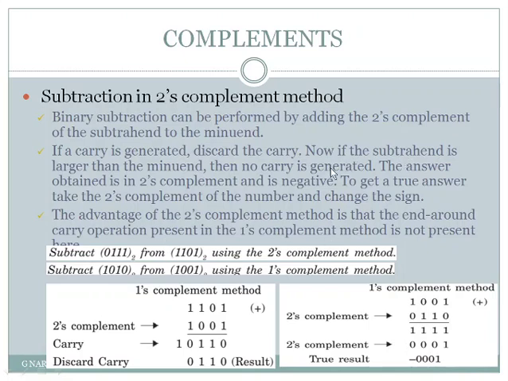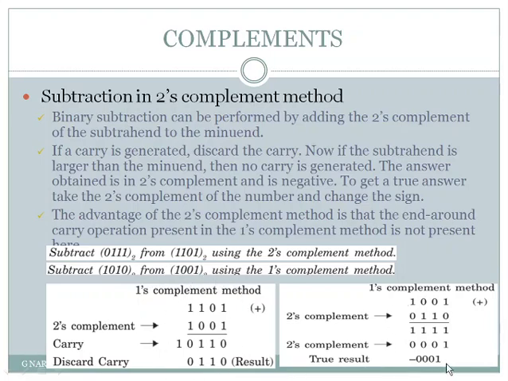And we can cross check whether this subtraction is correct or not by checking in decimal. So here in the first example, we are subtracting 0111 from 1101, that is we are subtracting 7 from 13. When you subtract 7 from 13, you have to get 6. So the result you can see is 0110, which means it is decimal 6. That means our subtraction operation is correct, as we checked in decimal.